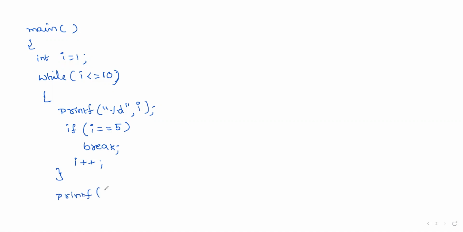Suppose here I am writing one more statement, printf some statement like this, hello.